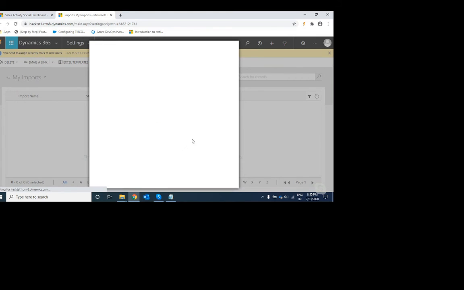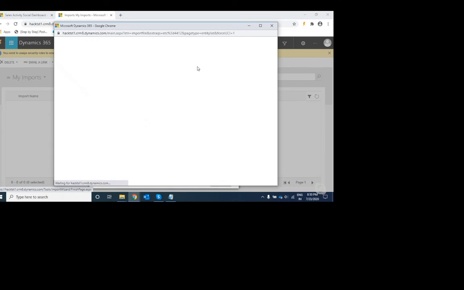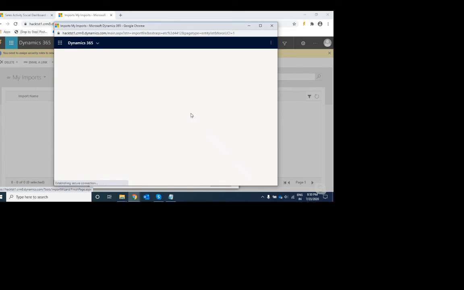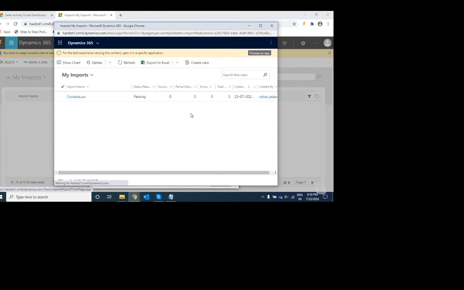So probably this will start importing your data. I'm clicking on imports. This will summarize things like the current status of this data import. Now it is transforming.